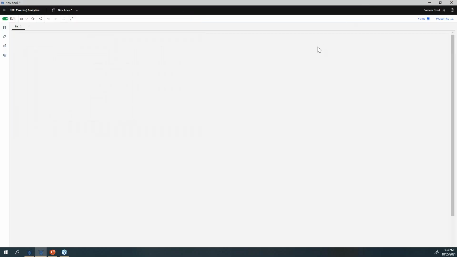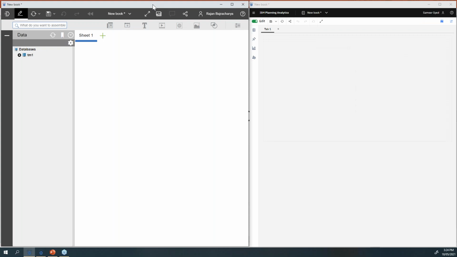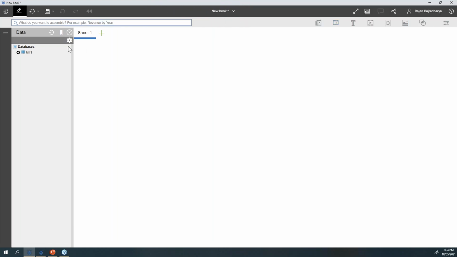Let me double click on this. So you can see here, you have plenty of space in this new version of Planning Analytics, and the less has been taken out by the icons and all those things. So if I go to the old version, you can see you have on the top the banner, they have all these widgets.